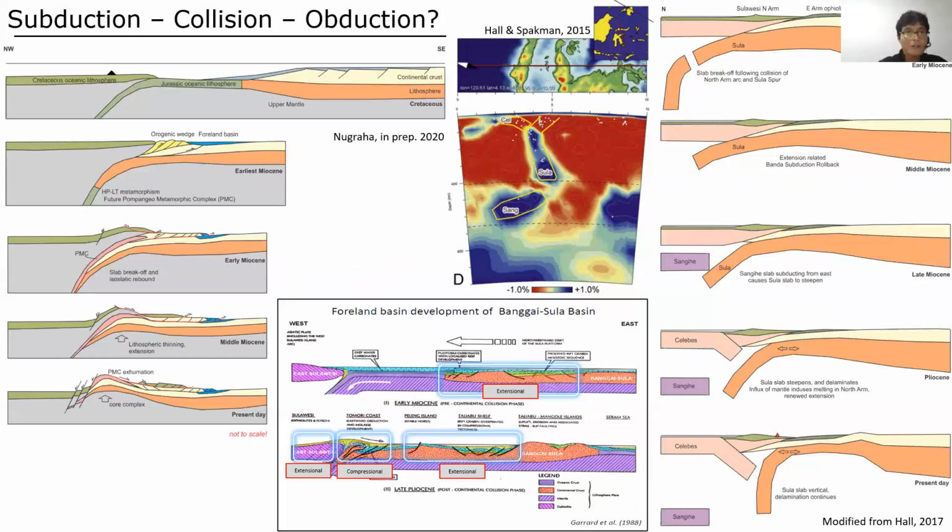Another about when we talk about the abduction, whether it's collision or abduction, and how we can interpret the geology history about that. This is made by Robert Hall, and this is running this. So it represents this line, from the southeast arm to the north arm, and then the interpretation here